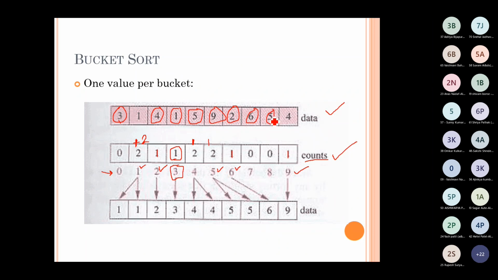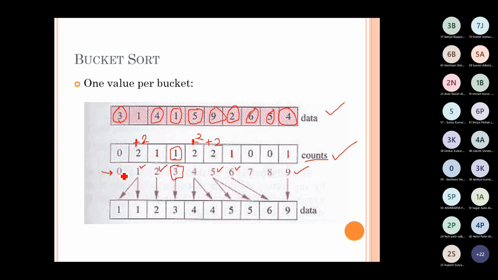Element 5 has to be placed in bucket number 5 and इसका count क्या था, 1 था, तो now it will change to 2. bucket number 5 का count क्या हो गया, अभी 2 हो गया, पहले 1 था, that is now incremented by 1. Okay, then 4, next value read is 4. It has to be placed in bucket number 4. So 4 में डाल दिया. 4 में डालते टाइम यहाँ पर जो इसका count था that was initially that updated count was 1. So now it will become as 2 in this way.